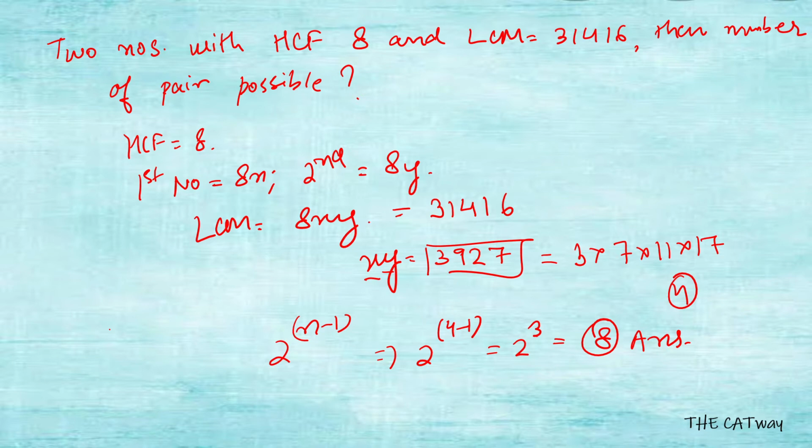But in case it had said that you have to find the values of x and y, how many pairs of x and y, then your answer would have been 2 to the power 4, that is 16. In this case, as nothing is mentioned, we will take that we are talking about unordered pairs. Whenever nothing is written, we take the unordered pair. So we will take this form and our answer will be 8. Let's solve one more question based on this.